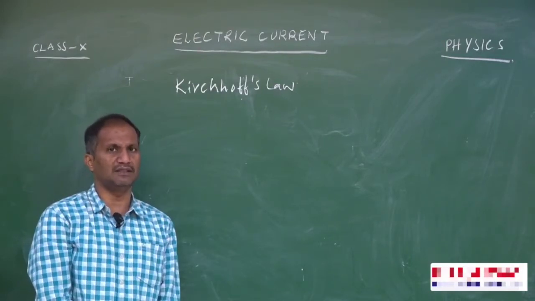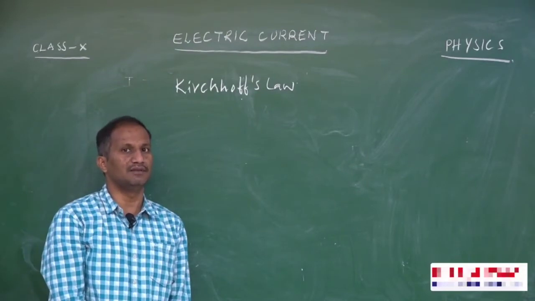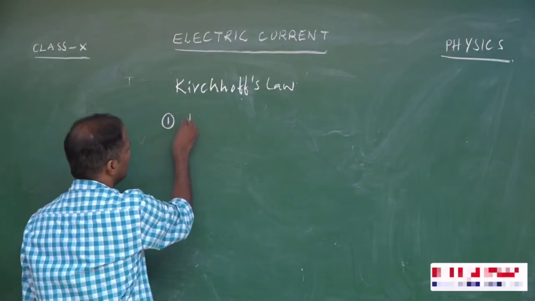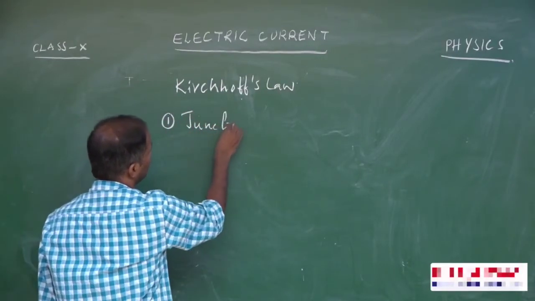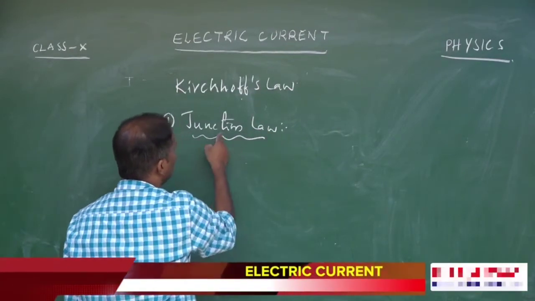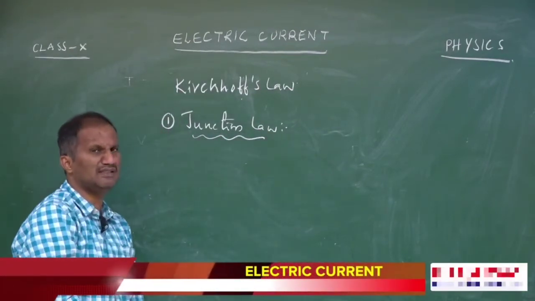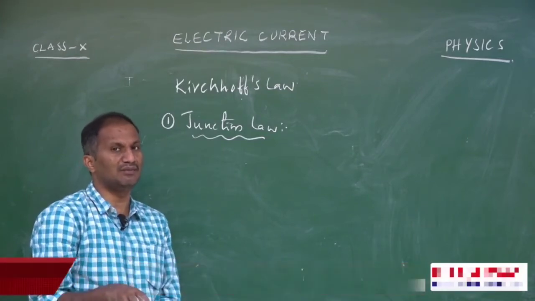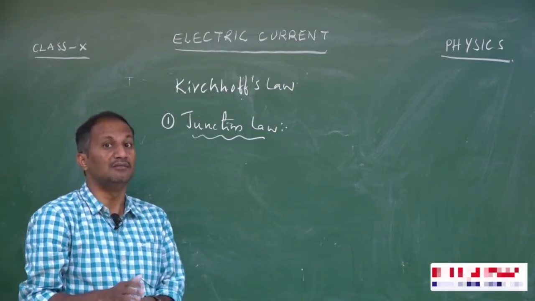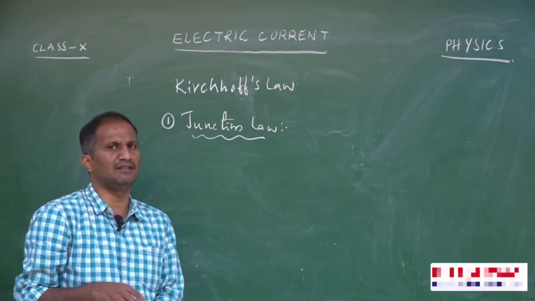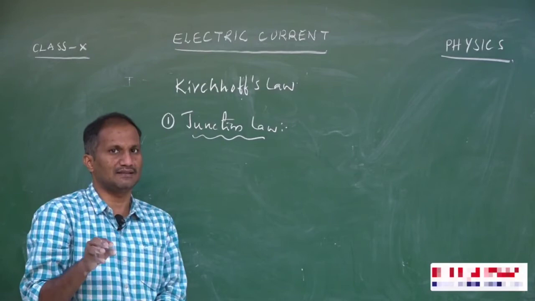Now we are going to clearly observe Kirchhoff's junction law. Here we can clearly observe a junction. Here the junction means a junction point for the currents. At that junction there may be a number of currents entering, or a number of currents leaving. That type of point is said to be a junction for the currents.